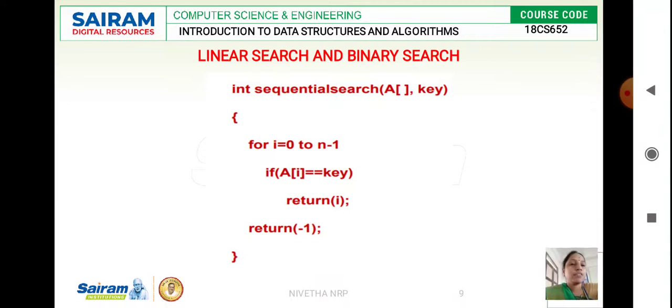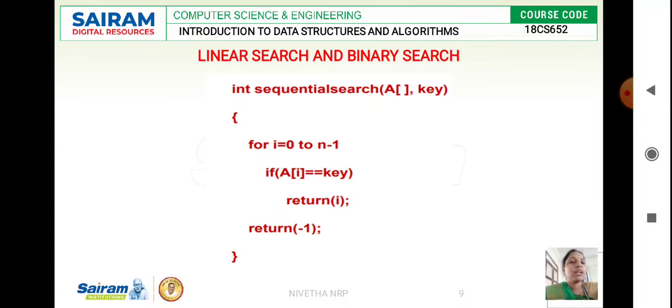In linear search or sequential search, we perform this operation on the array A, and the key is the element we are going to search for. We do this with the help of a for loop, starting with I equal to 0 up to n minus 1. Since we are implementing through an array, it is based on the size of the array. Suppose we have 10 elements, our array will go from the 0th position to the 9th.